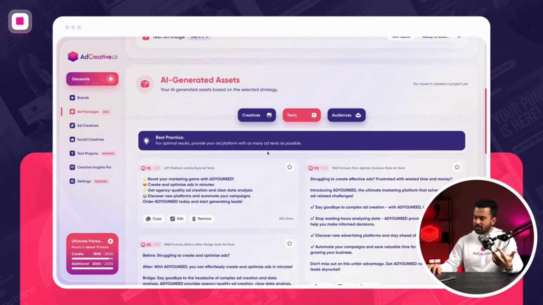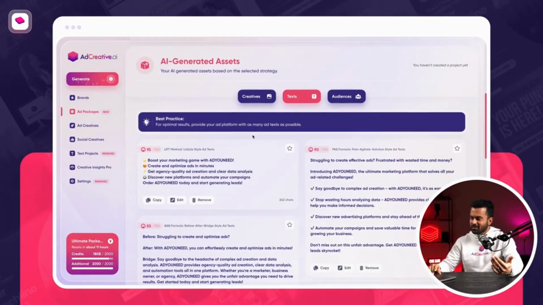As you know, Meta requires 10, and you're going to see that AdCreative.ai does something super unique in this feature. What we do is this: Meta requires 10 different texts for you, but if you put the same style of text for 10 of them, you're not really A/B testing, you're just almost A/B testing some way of phrases. But we said to ourselves, if you're going to do true A/B testing and find that amazing ad, that ad that really brings you the best ROI, we need to test different copywriting methodologies. And since AdCreative.ai knows about all the best performing copywriting methodologies for ads, what we are going to do is,